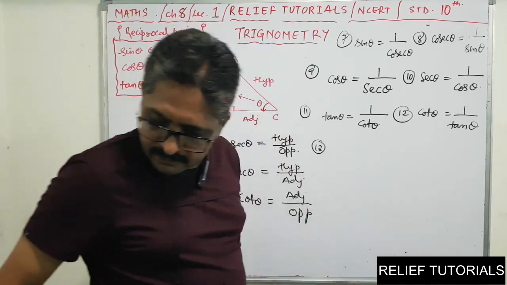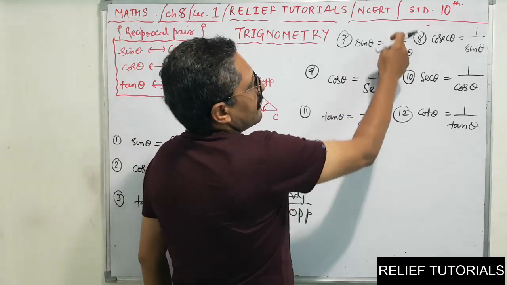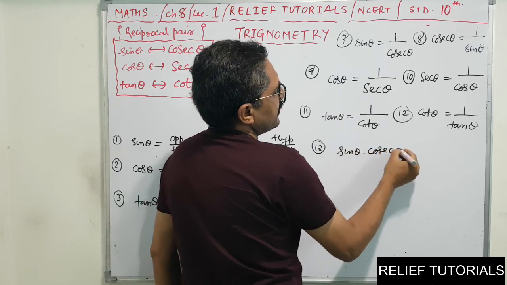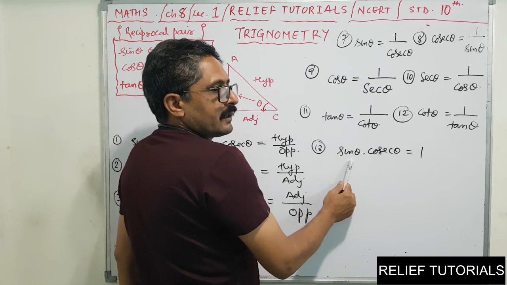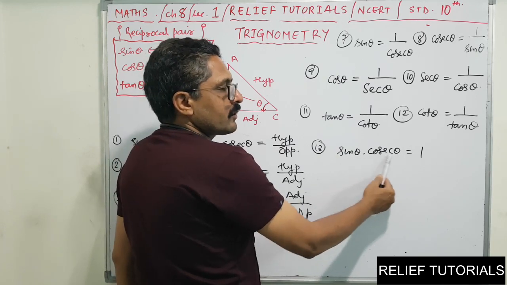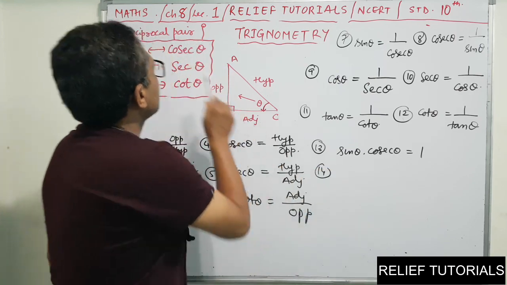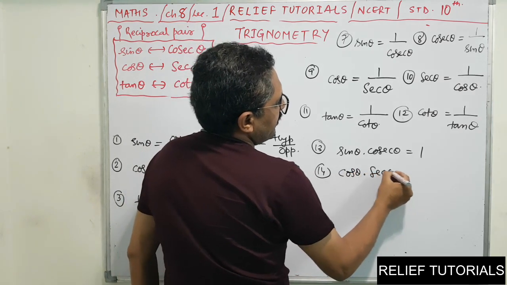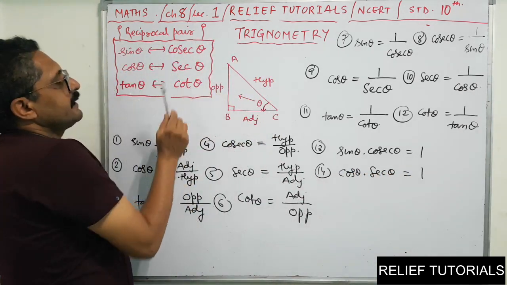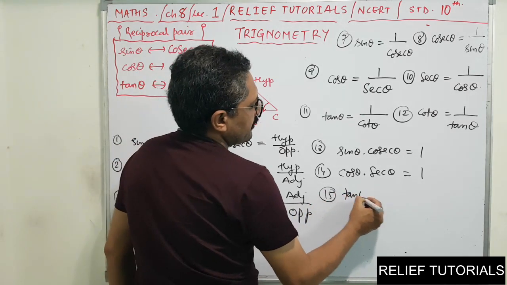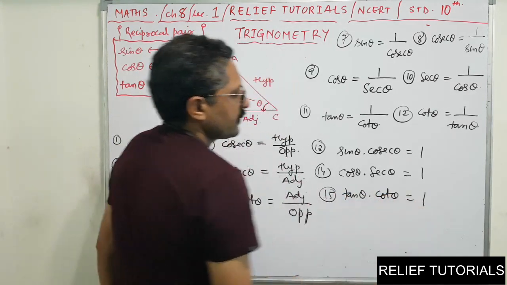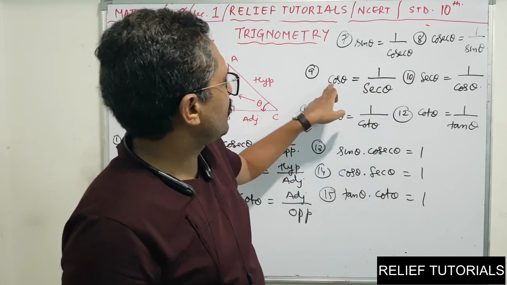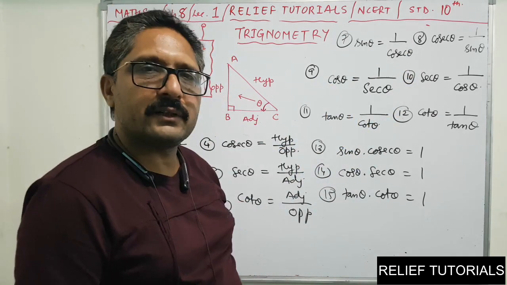No need of going too far. Just from here you can understand sin theta is equal to 1 upon cosec theta. Cosec is in division; when it goes here, it becomes multiplication. What will you get? Sin theta into cosec theta is equal to 1. So the product of a number and its reciprocal is always equal to 1. So sin theta into cosec theta is 1. Similarly, cos theta into sec theta will be 1. Similarly, tan theta into cot theta is equal to 1. Have you got it, friends? Nothing more. See here, sin theta into cosec theta you will get 1, cos theta into sec theta you will get 1, tan theta into cot theta you will get 1.